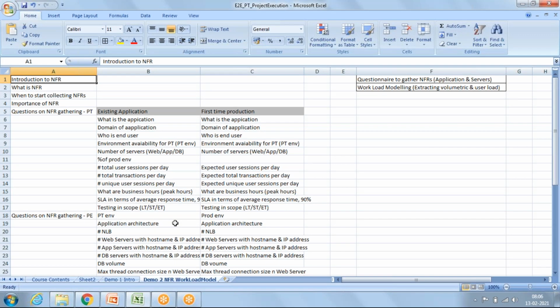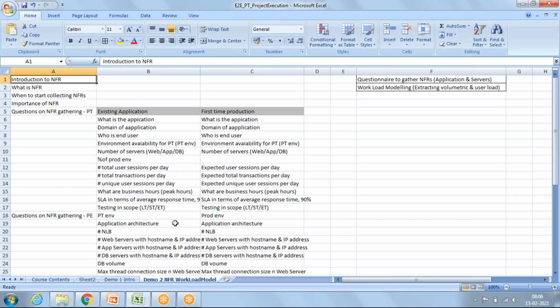Okay, so today we'll see how we'll be collecting requirements for performance testing, for performance engineering, and what are the key questions that we should ask, what different kinds of requirements we should gather.